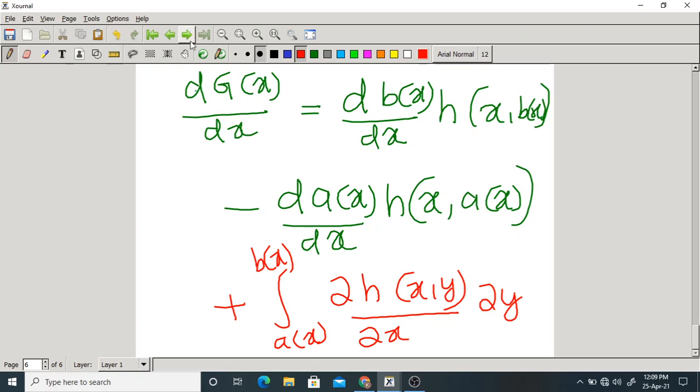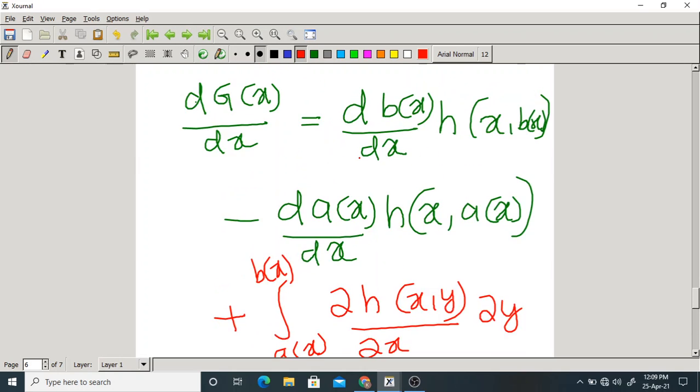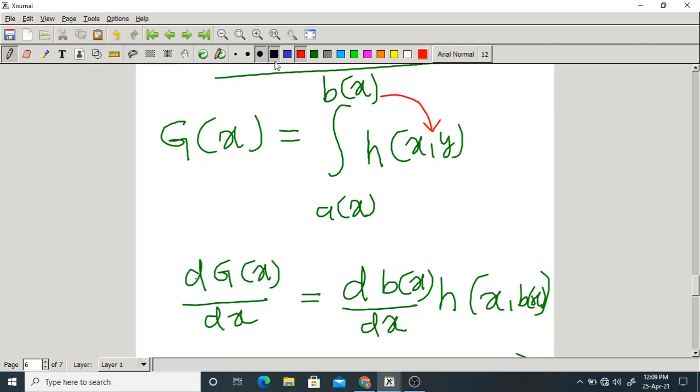Anyway, it is very easy to apply this rule. I am not doing all the calculations. If you apply that rule,